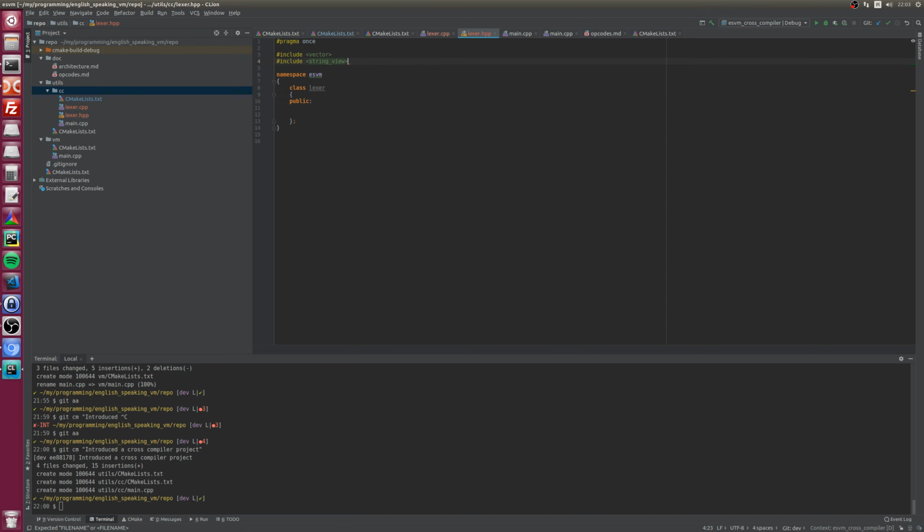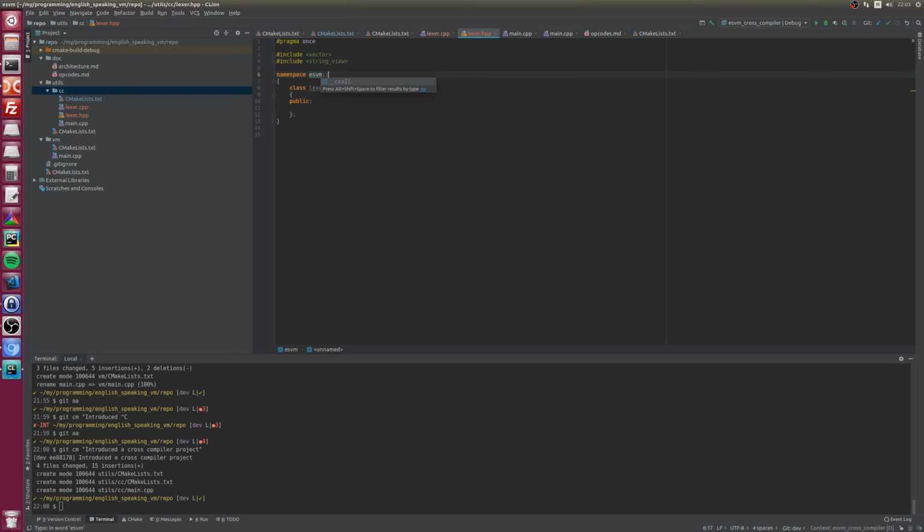Yep, now we have string view header. Cool, very cool. So, Lexer is going to assume that. Okay, let's create another namespace.